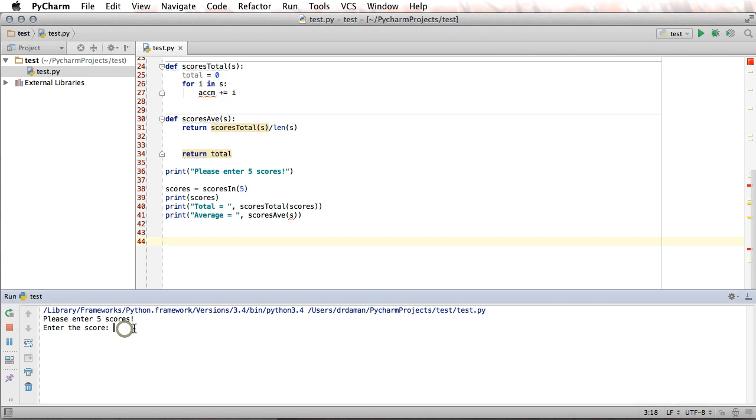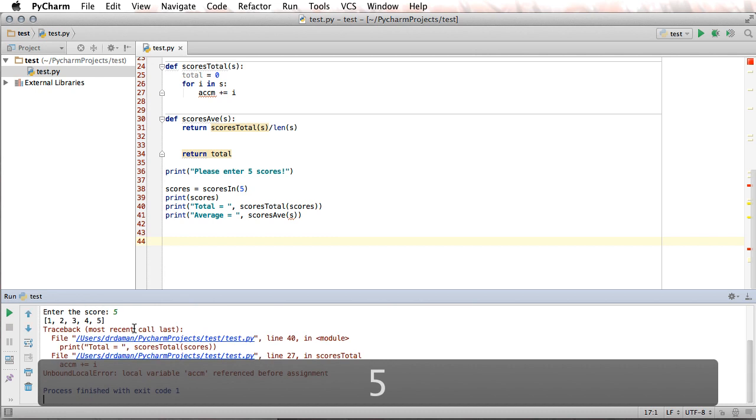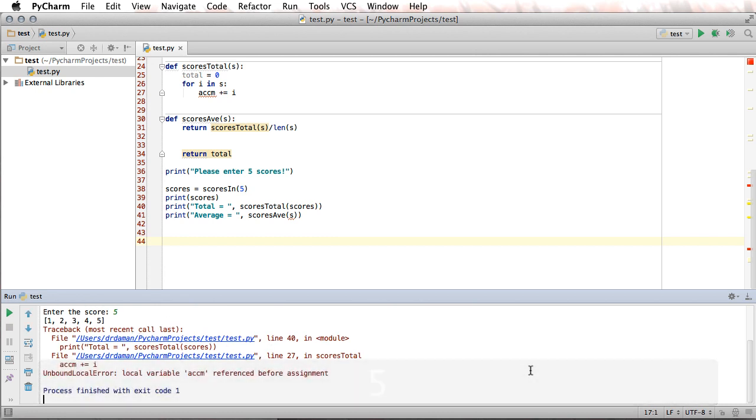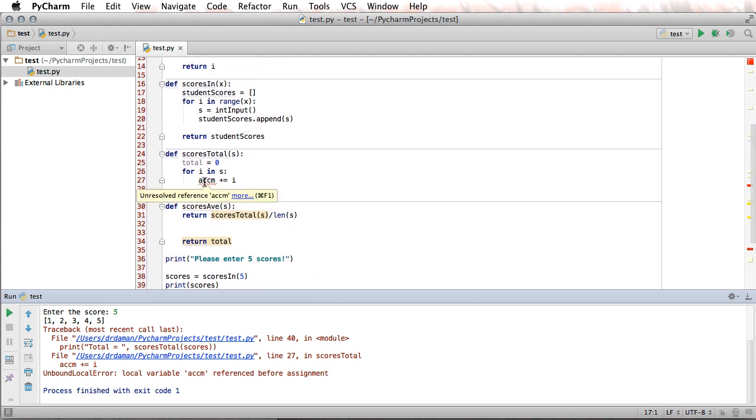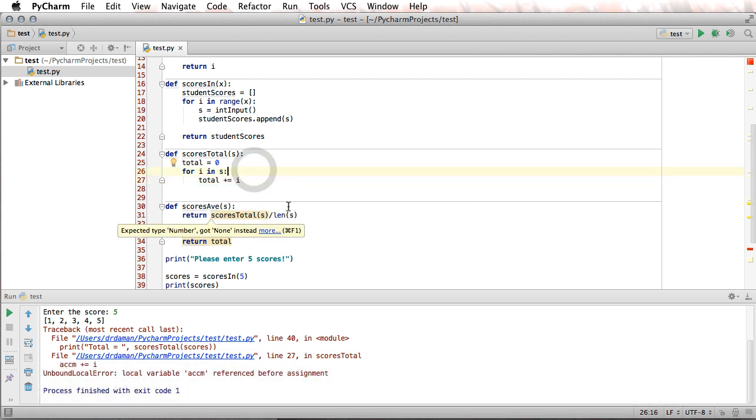So the first score, we'll just say 1, 2, 3, 4, 5. And we received a crash. So what went wrong with this thing? Well, it's saying that local variable ACCM referenced before assignment. Okay, so let's go up here and see what's going on. How about total? That look a little better? And see if we ran into that anywhere else. I think we're okay. So